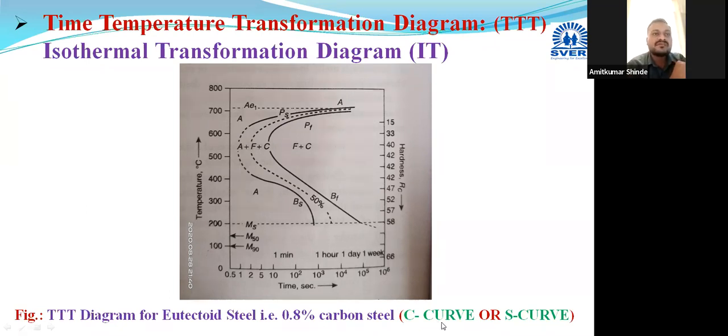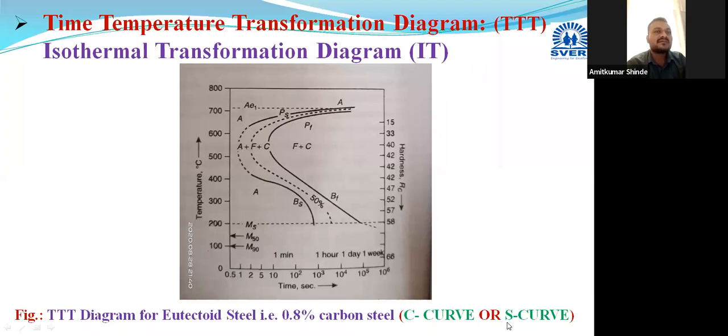Now here we will find that in some cases, austenite will get transformed to any of the three products depending on the transformation temperature. It may get transformed to pearlite, it may get transformed to bainite, it may get transformed to martensite also. Three transformation products are there: martensite, bainite, and pearlite. Depending on the transformation temperature, that is the cooling rate, we will get the different products.